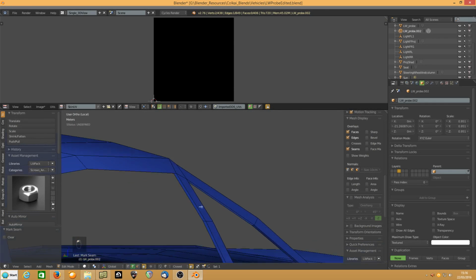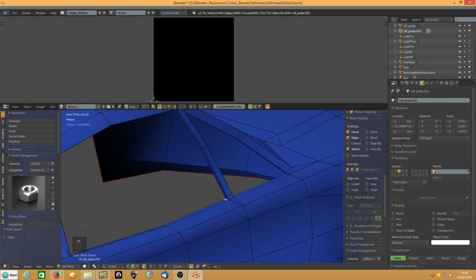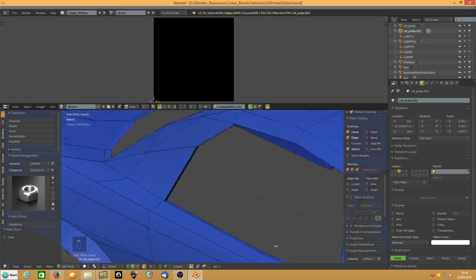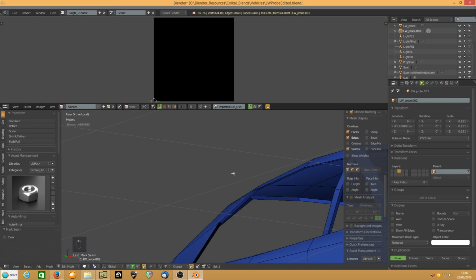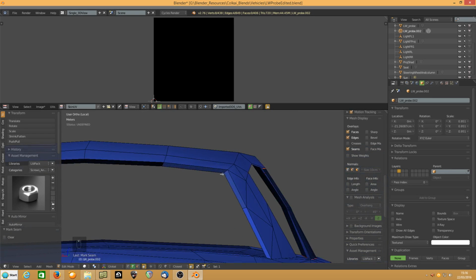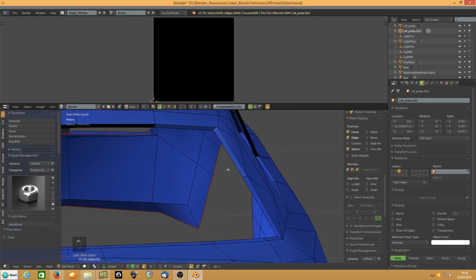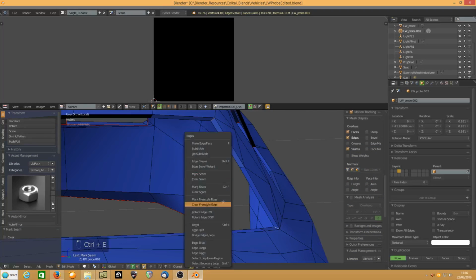select that, shift select that, not that one, that one, shift select that, and I'll tell you what, we'll shift select that one, mark them as seam, and then the two edges of the rear window, select them, mark that as seam,